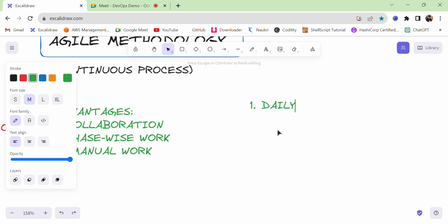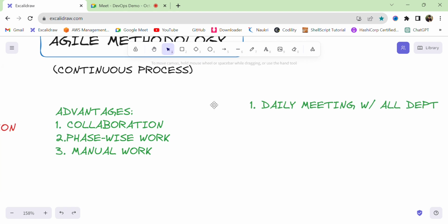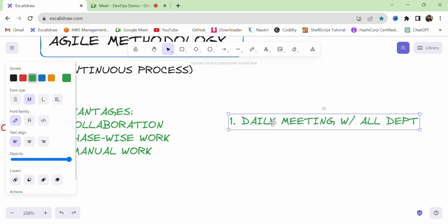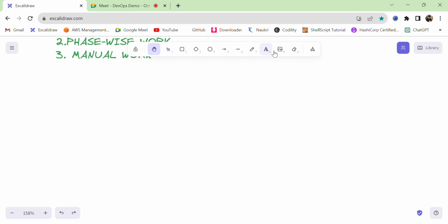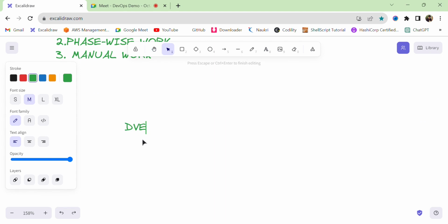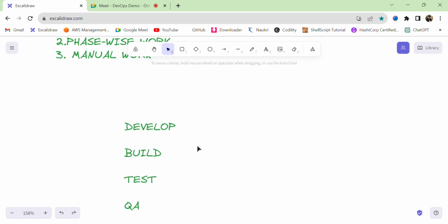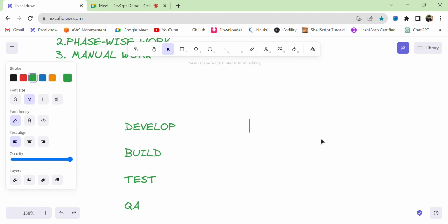with all the teams, or all departments, let me write so that you can understand. So they started taking daily meetings with all these teams, all these departments. So let me just draw it here. We have the development department, the development team, then we have build, then we have the testing team, then we have QA. Okay, and on the other side we have the deployment team, the maintenance team,